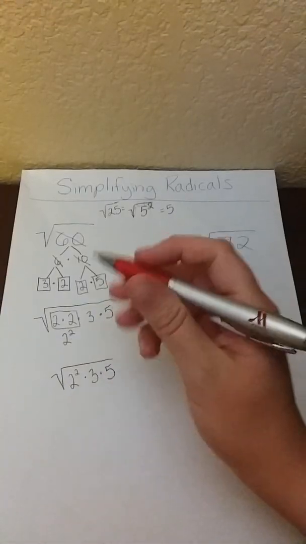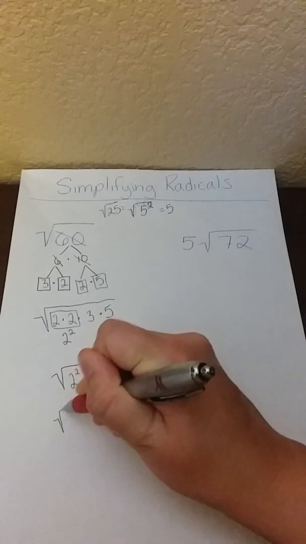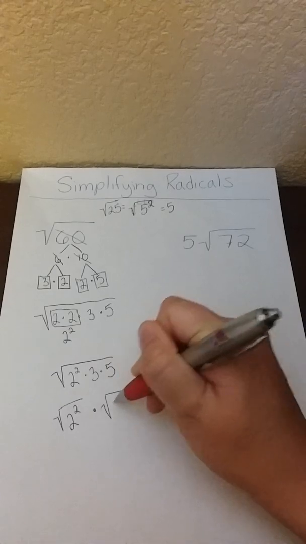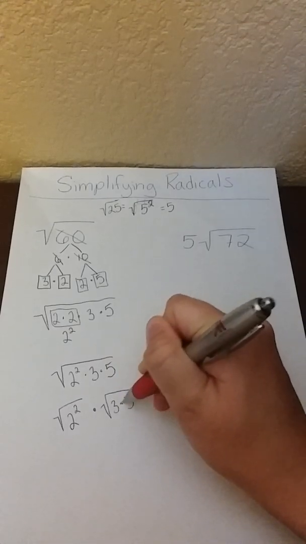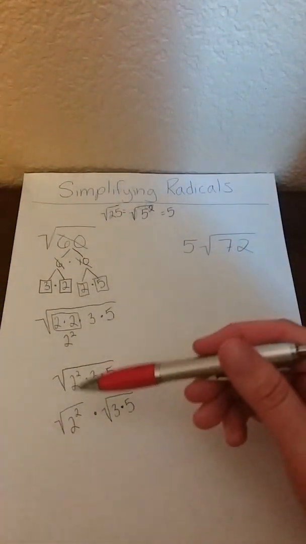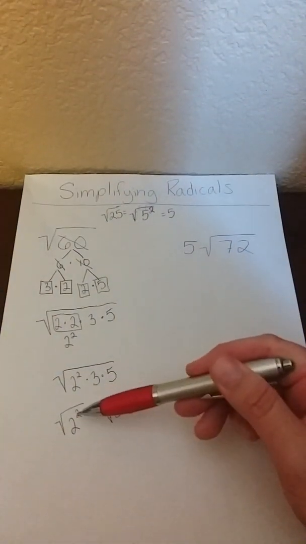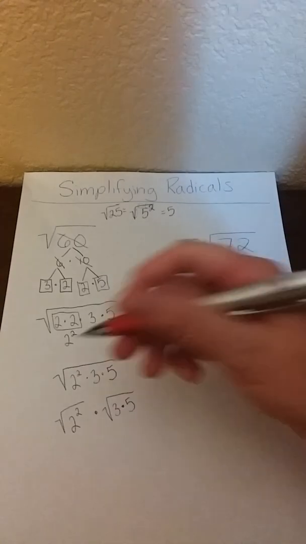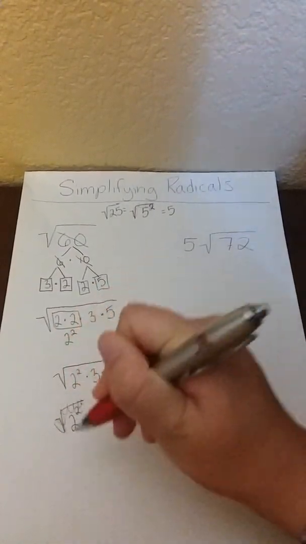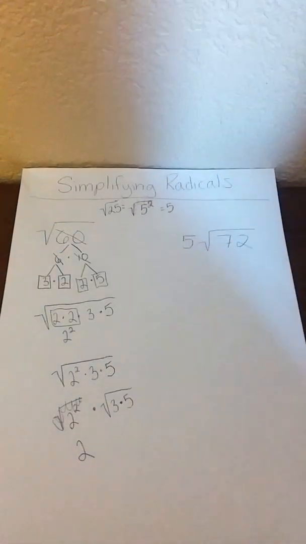I can break this down further. This is the same as the square root of 2 squared times the square root of 3 times 5. I can just break it into two different kind of problems. The reason I'm doing that is that I can simplify this part, because my squared and my square root will cross off. So the squared and the square root will cross off, leaving this as just the number 2